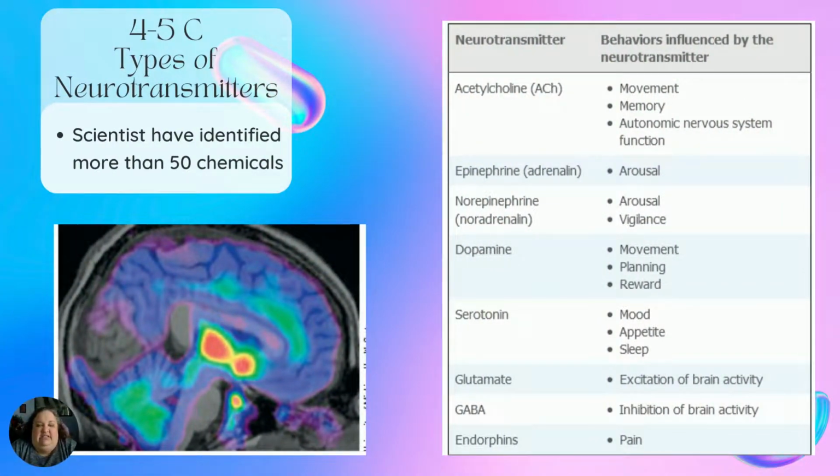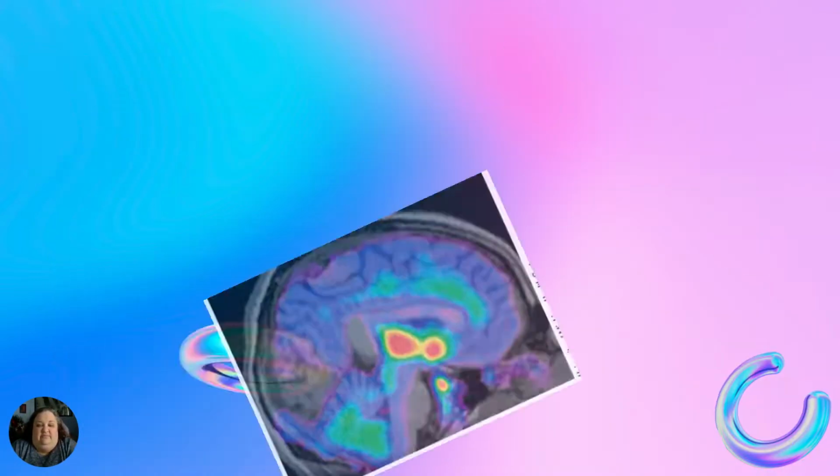All right, and the last section is types of neurotransmitters. Scientists have discovered more than 50 chemicals that are neurotransmitters. Your book only covers a few of them, but it does go into depth about them. I went on and put this chart up here because it kind of covers everything, but there are more that are included. This is just some of them. On the left is an MRI, and you can see kind of the different areas of the brain that are active.